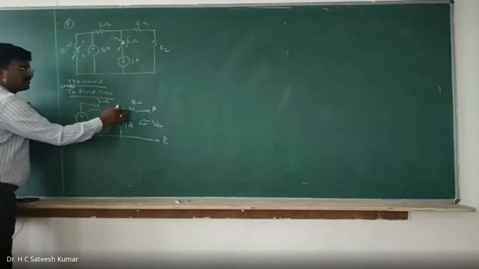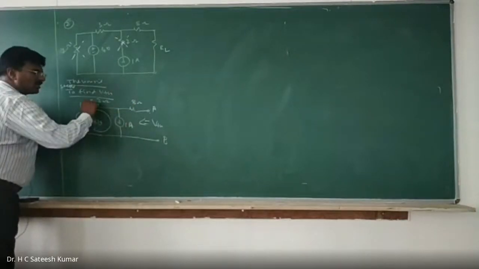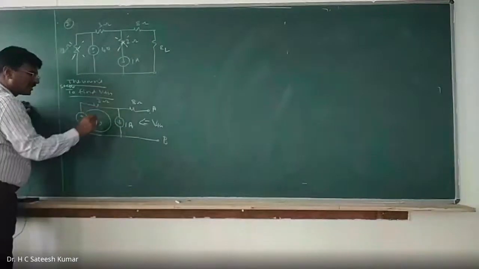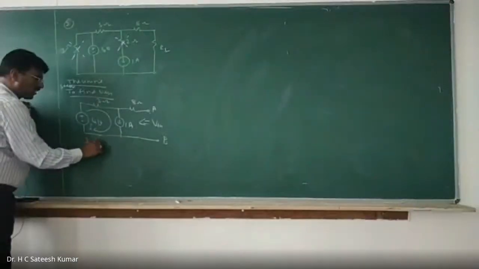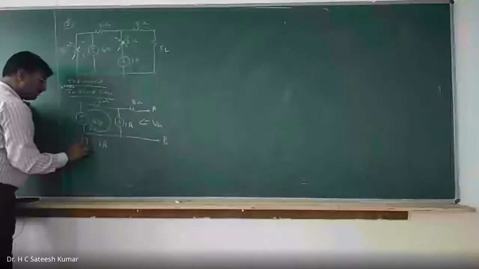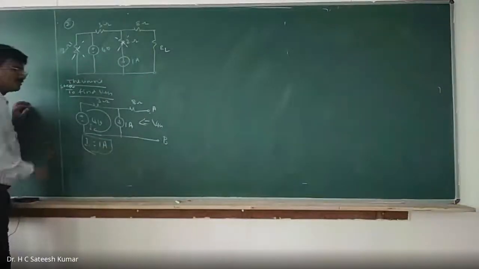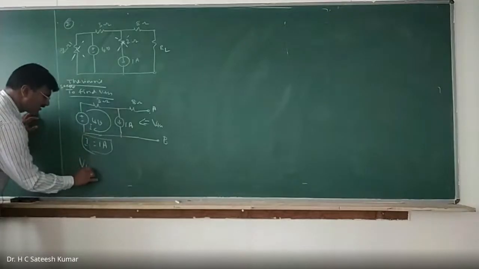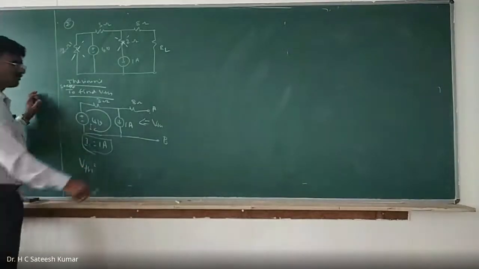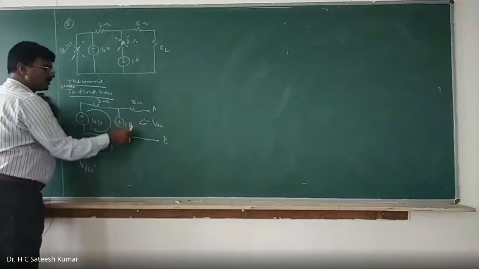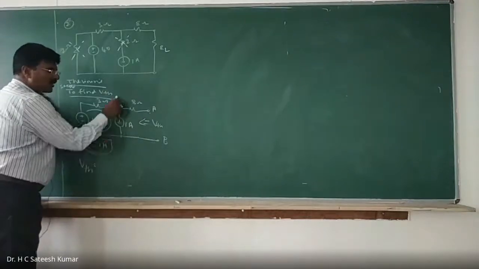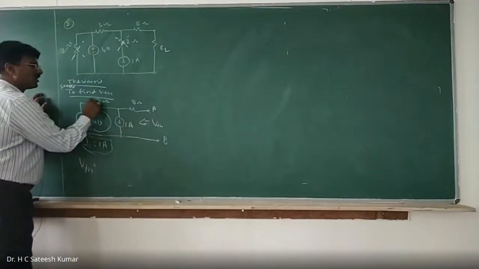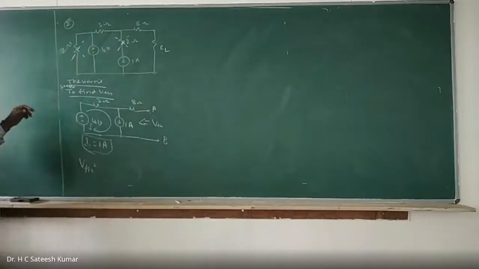And current, since this is open, the current source is in the perimeter of the network, no need to calculate anything. I is equal to 1 amp. Directly we will get it as I is equal to 1 amp. Now, how will you find VTH? VTH is the open circuit voltage seen from the load terminal. That means you have to go from here to here. But the current source is there, I cannot go this way. Therefore, I will have to go from here to here to get the VTH.